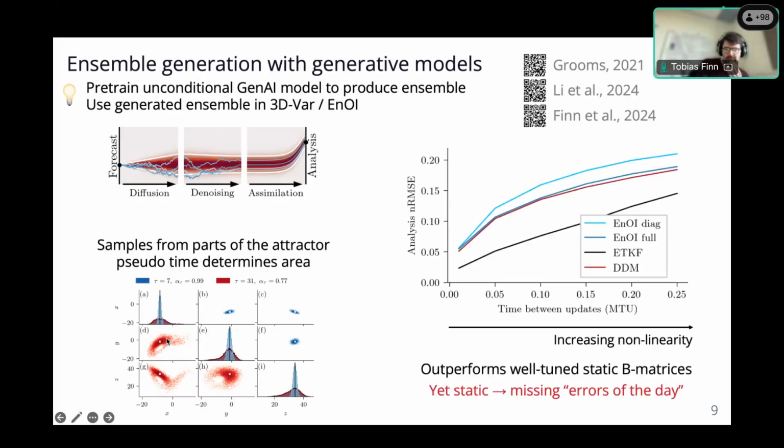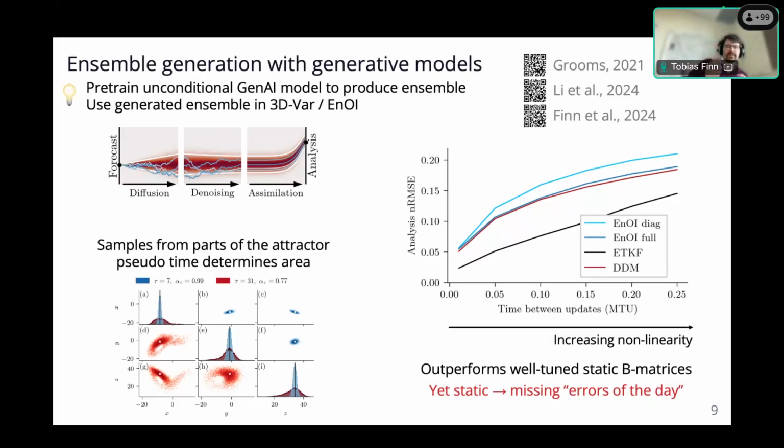The nice thing was back then it actually outperformed our well-tuned static B matrix. So meaning even if we have a B matrix that is full, it was better for even very, very nonlinear cases. However, it lacked compared to a well-tuned ensemble Kalman filter because the thing is, we don't have any information about the errors of the day, so we don't propagate the ensemble.